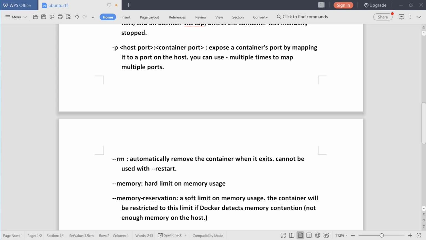These are the flags we can use with the docker run command. If you want this document, you can pause this video and note it down, or you can take a screenshot. Now we will see how to use these commands. This video will be long, so don't skip it. Watch this video once from start to end, and you can get the knowledge.